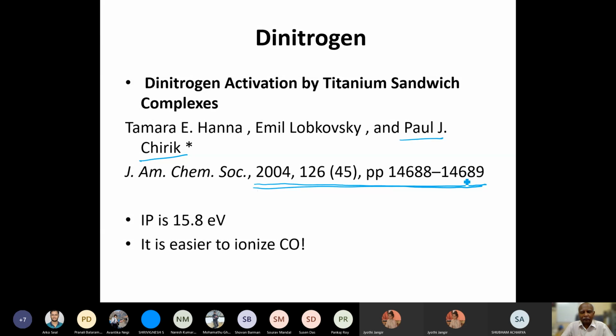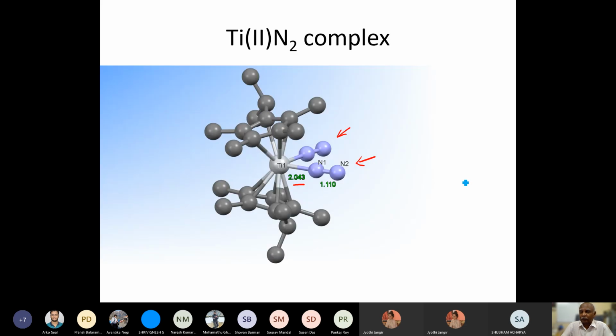What do I mean by that? Carbon monoxide, because it's unsymmetrical, would not like to bind in a symmetrical fashion. Dinitrogen, on the other hand, binds in symmetrical fashion also. But here I have shown for you two complexes where the only change that has been made in this molecule is that instead of simple Cp, which is bis cyclopentadienyl titanium,